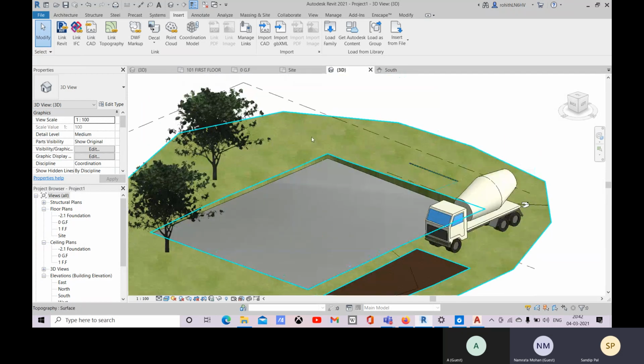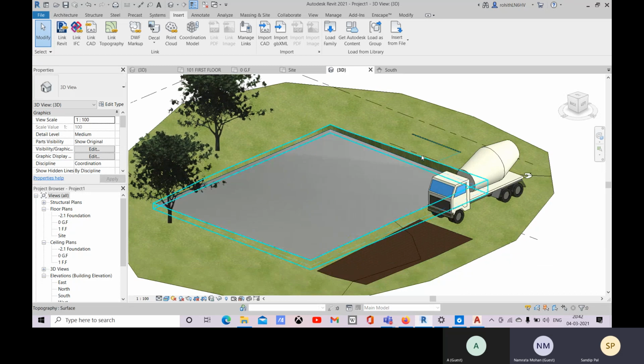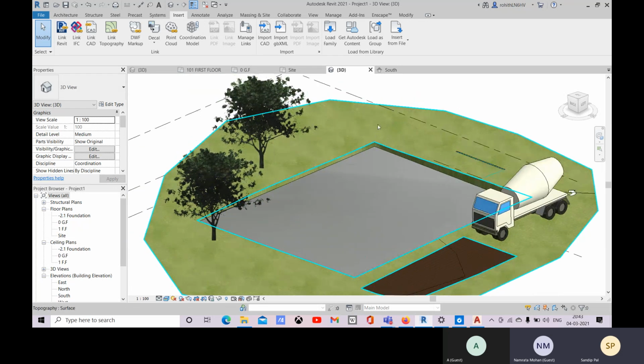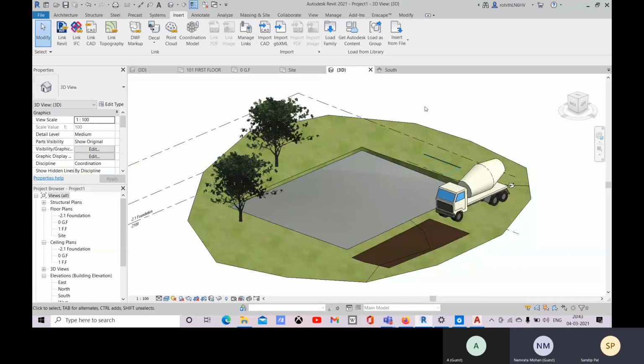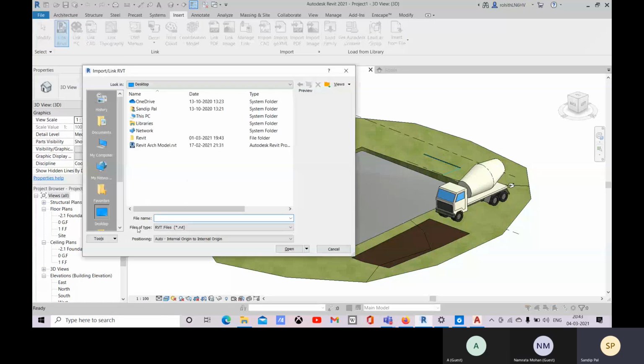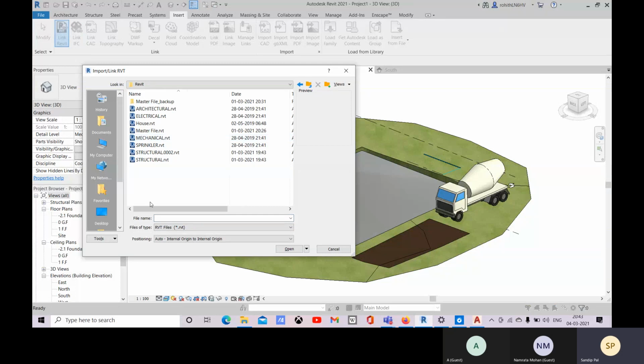Means you want to tell me that if there is height difference, uneven height? Yes, definitely it will not create a flat surface. According to the surface unevenness, it will create. Okay. So now let's come to this link Revit and you see where I have saved the files.